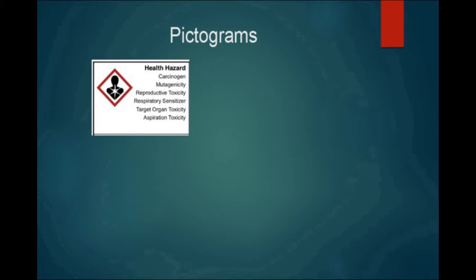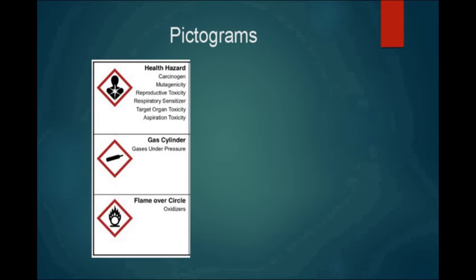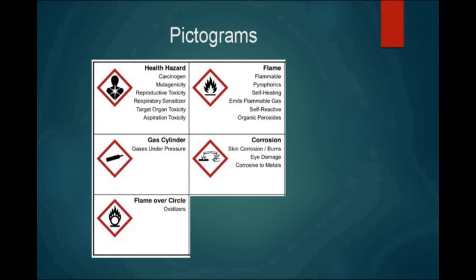Pictograms. Health hazard: carcinogen, mutagenicity, reproductive toxicity, respiratory sensitizer, target organ toxicity, aspiration toxicity. Gas cylinder: gases under pressure. Flame over circle: oxidizers. Flame: flammable, pyrophorics, self-heating, emits flammable gas, self-reactive, organic peroxide. Corrosion: skin corrosion, burns, eye damage,